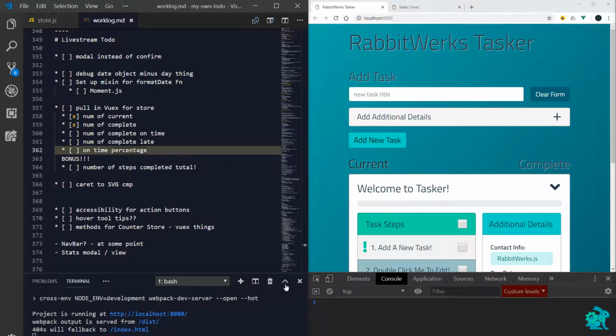done. If we take a look at the live stream to do, we just have a couple things that we want to look at getting into tracking through our Vuex store, and that is going to be the number of completed on tasks on time, number of completed late, and then the percentage of that is going to be